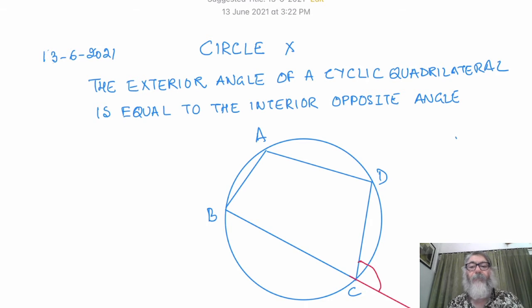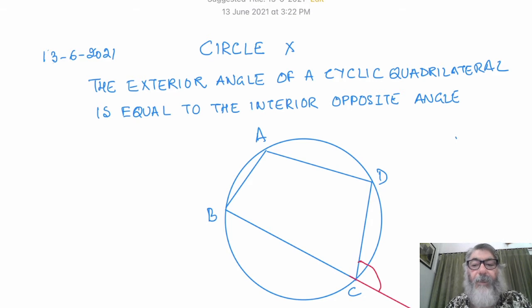We have already done four theorems with you. As I said, I will repeat every time when I start the topic. The first theorem which we did was: the angle subtended by an arc at the center of the circle is double the angle which it subtends at the remaining part of the circumference. The second theorem was: angles in the same segment of a circle are equal. The third theorem was: the angle in a semicircle is a right angle. And the fourth theorem was that opposite angles of a cyclic quadrilateral are supplementary.